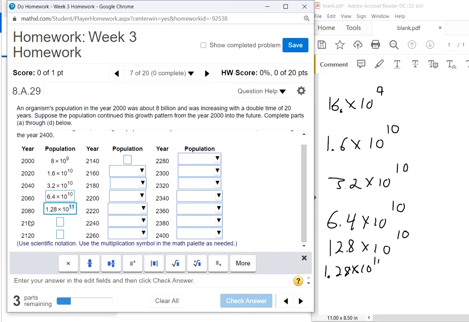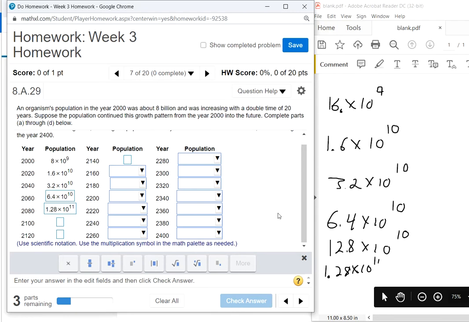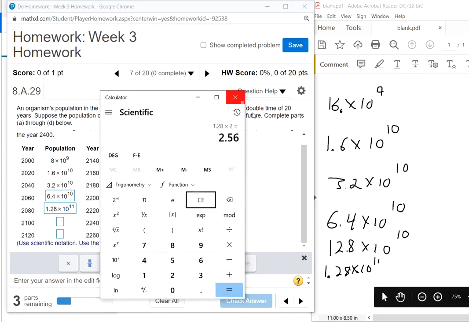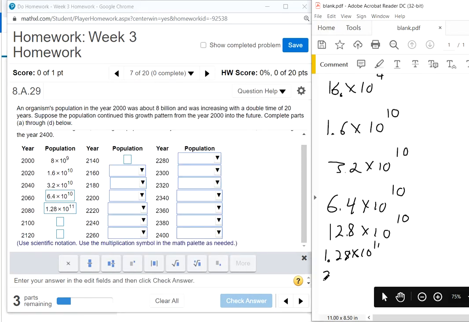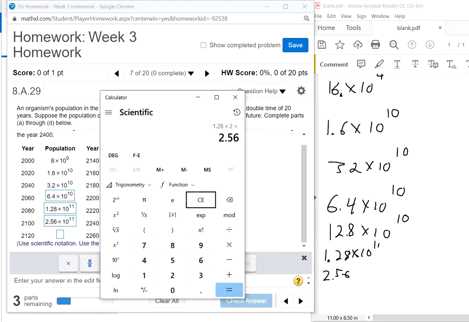And then we've got another 20 years, so we should double again. So that's 2.56. Man, I don't know why they need to keep going like this. You get the point after a while, right? Maybe there's a reason that I'm not seeing. 2.56 times 10 to the 11th, and then we've got to double it again. So 2.56 times 2 gives us 5.12